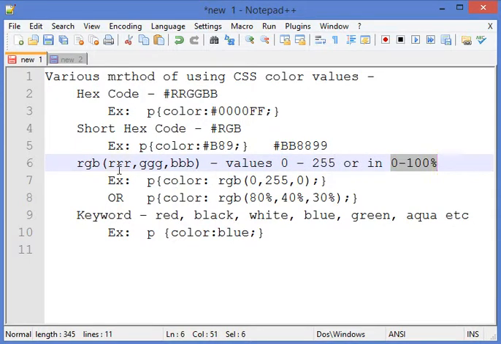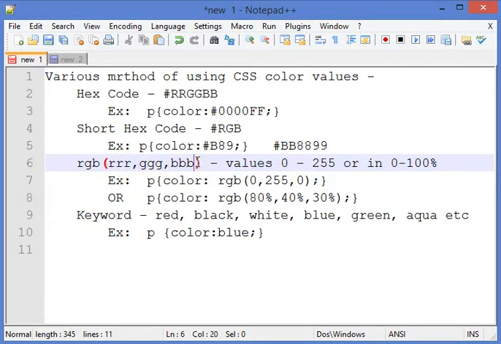Means I want 50% of red, 20% of green, and 40% of blue. I want a color having 50% red, 20% green, and 40% blue. So what color will appear we don't know, but the browser will interpret it and display the exact color which results after combining that proportion of all the 3 colors RGB.